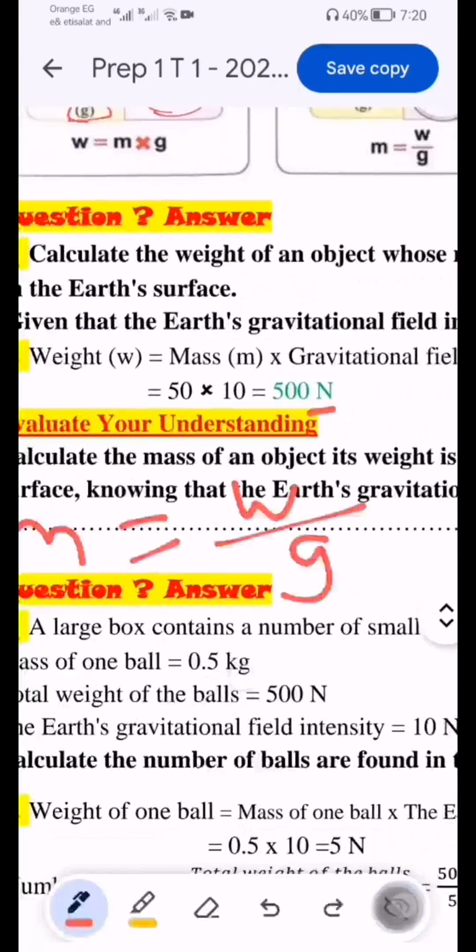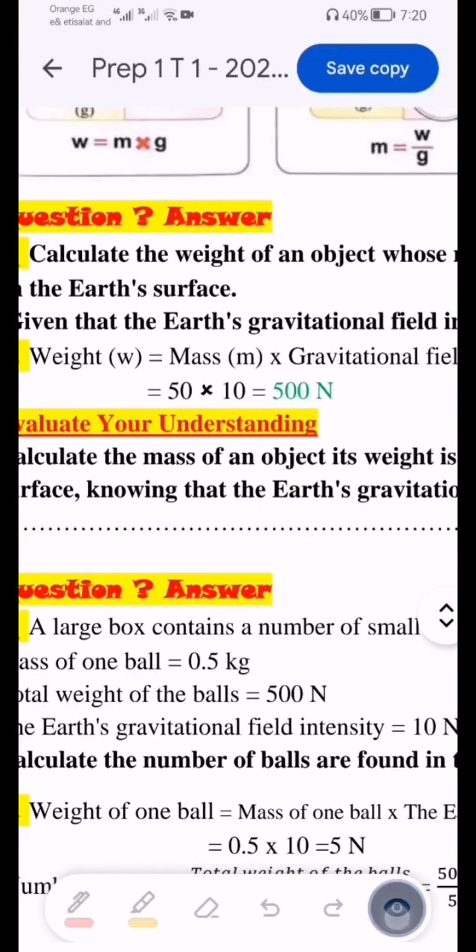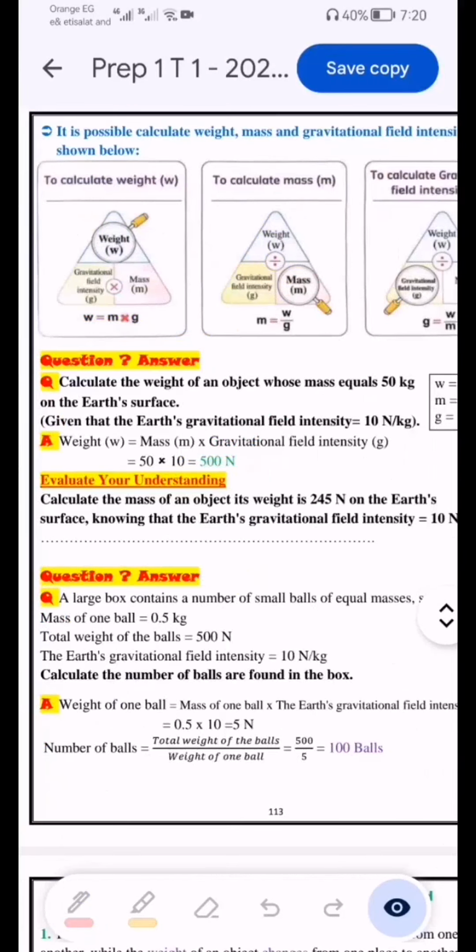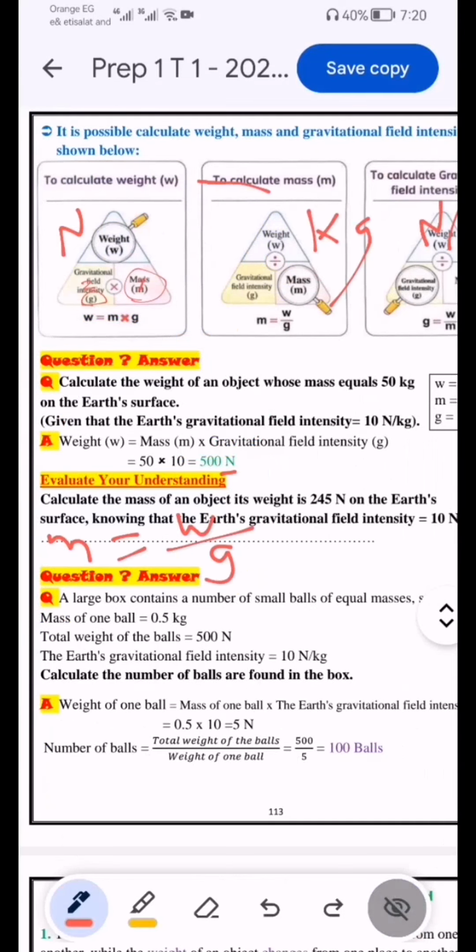And we have weight in this problem. Weight equal what? 255 Newton. And the gravitational field intensity, we know it, 10 Newton per kilogram. So the mass will be 245 over what? Over 10 equal 24.5 kilogram. 24.5. Okay,